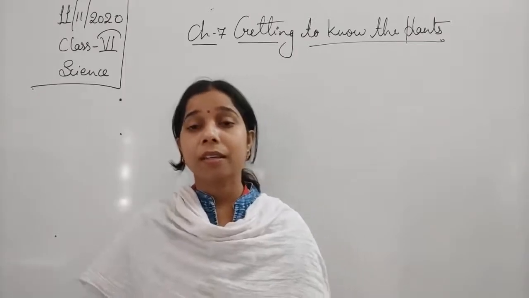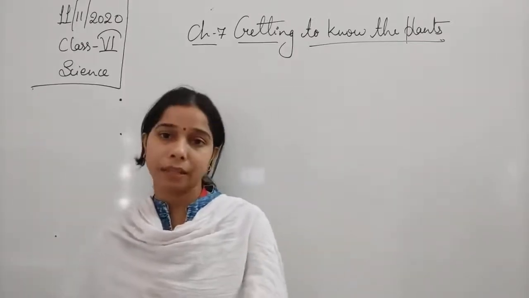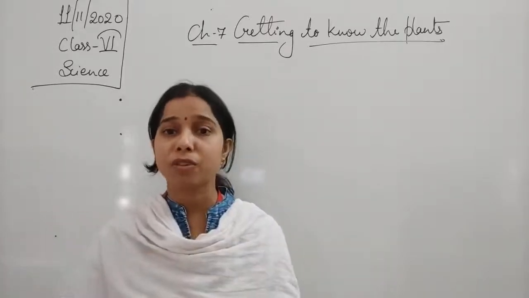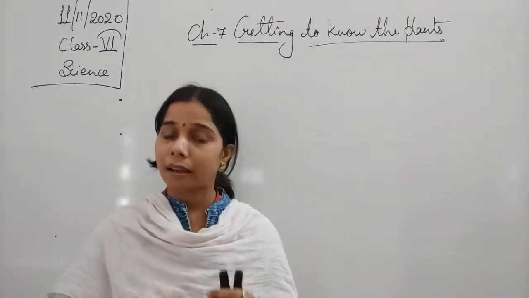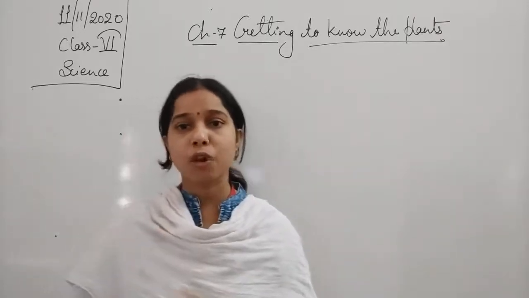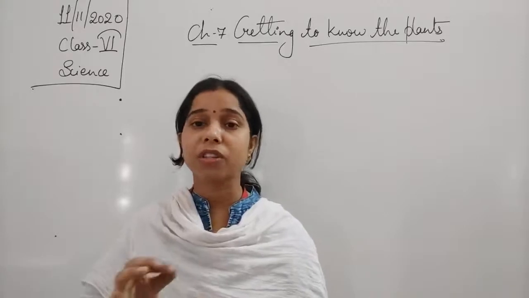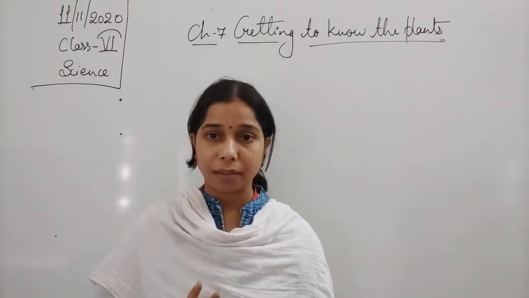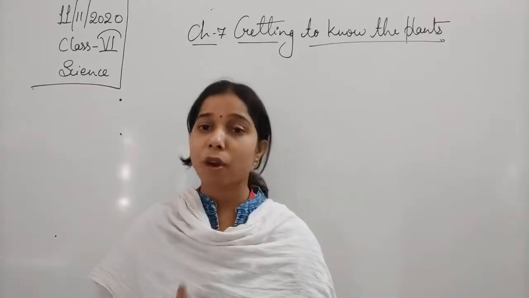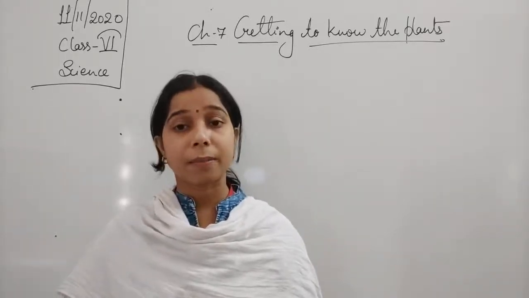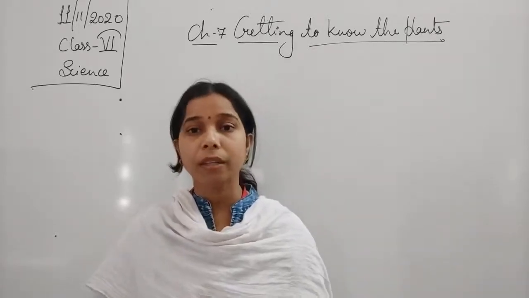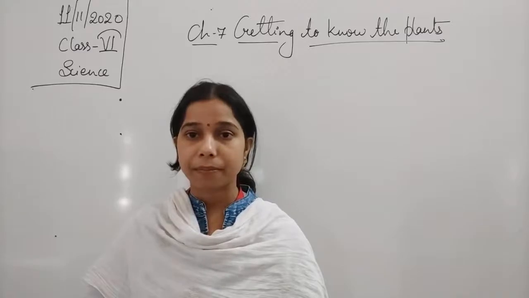The fourth one is that it helps in holding the leaves. You know that the stem gets divided into branches, and the branches hold the leaves. It holds the leaves in such a way that the leaves get a sufficient amount of sunlight. And if they get sufficient sunlight, the process of photosynthesis can take place easily. So we can say that it helps in holding the leaves in a proper way.